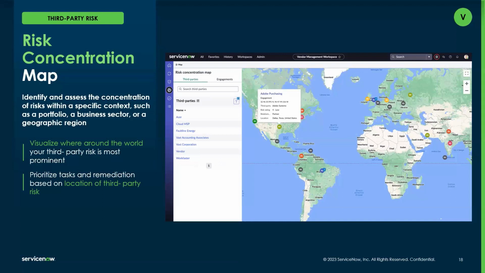Would that disrupt the supplier supplying me with healthcare supplies to a given hospital or to a given doctor's office? And then it also helps with regulations. So many of the regulations that we are all aiming to be compliant with are location-based, specifically around privacy right now. So having this quick view into where they all sit, where there's work being done, really gives you quick insight into any upcoming events or any regulations that might need to be addressed based on the location.